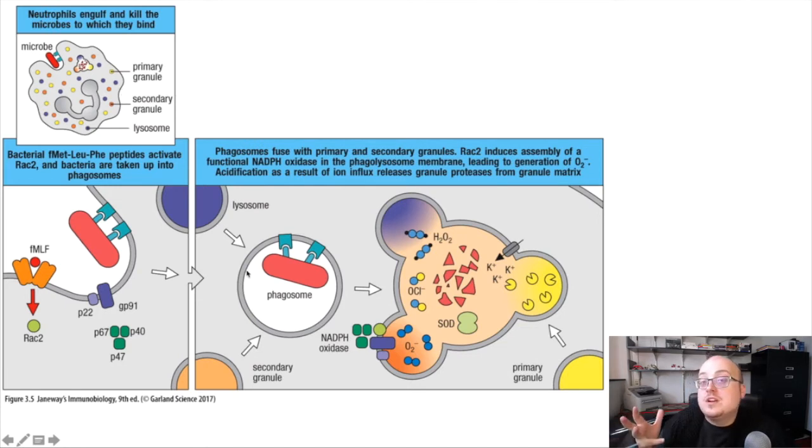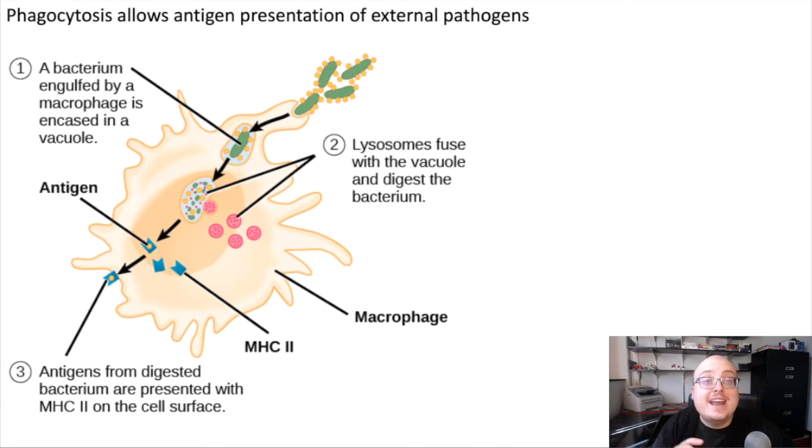Killing pathogens is one of the things that is very important about phagocytosis by leukocytes. But remember that phagocytosis serves another important function in the immune system, which is to link innate and adaptive immunity. So pathogens that are internalized, particularly by professional antigen-presenting cells like dendritic cells and macrophages, they are internalized into the phagolysosome, and this process of breaking them down also functions to process antigens that can then be loaded onto MHC class II molecules and presented on the surface of the cell.